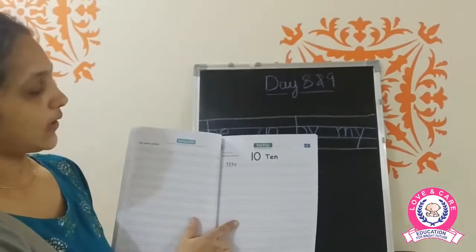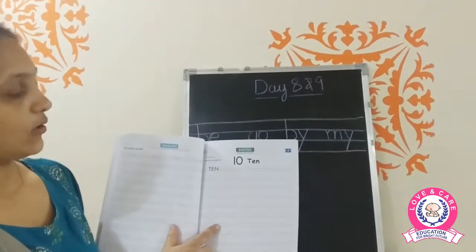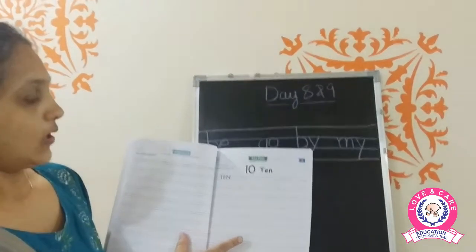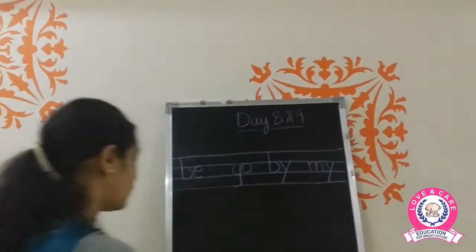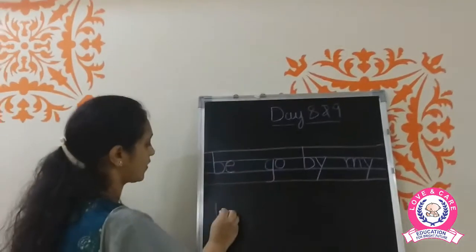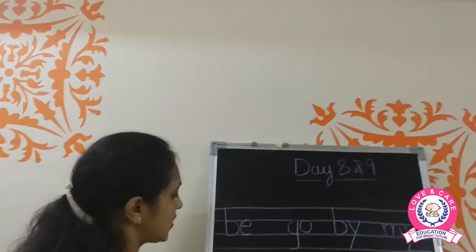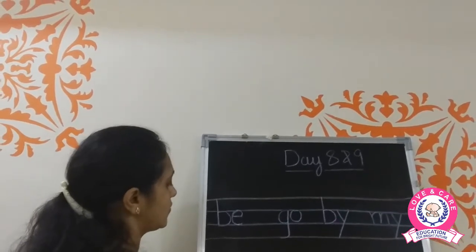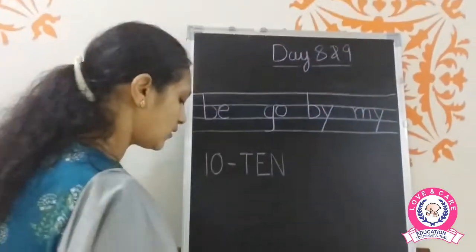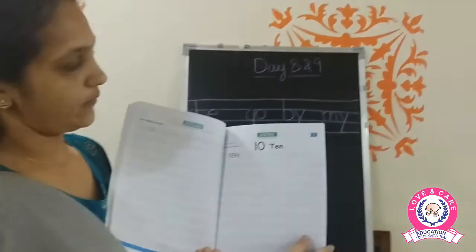Now moving on to the next page, we are having the new number notation, that is of number 10. अभी हम last number name सीख रहे हैं, वो है TEN 10. So when you write in your book, you have to write first 10 and then write TEN. So on this page you have to write the number notation of 10.